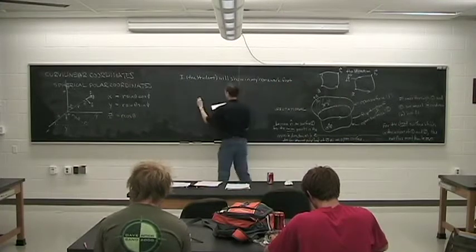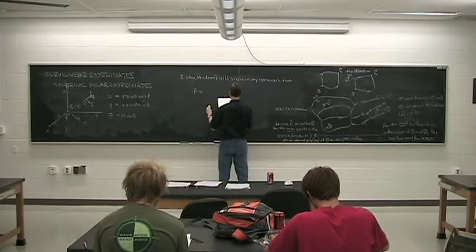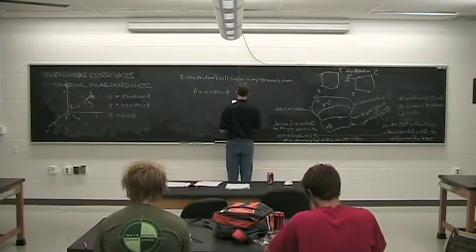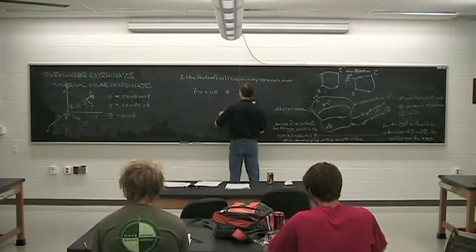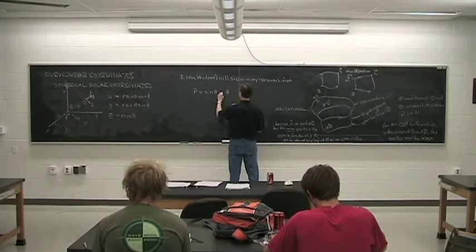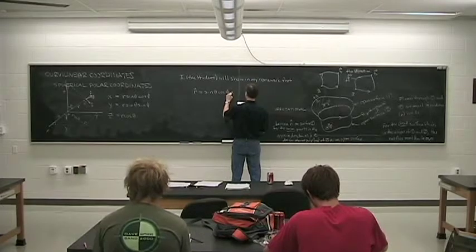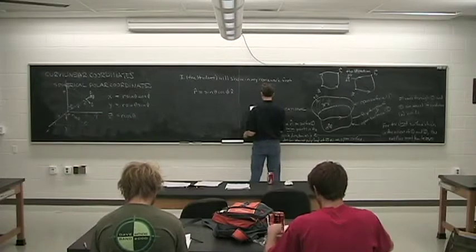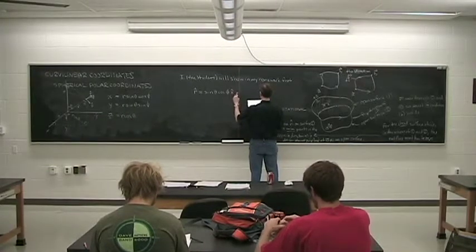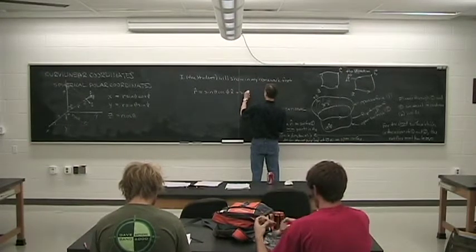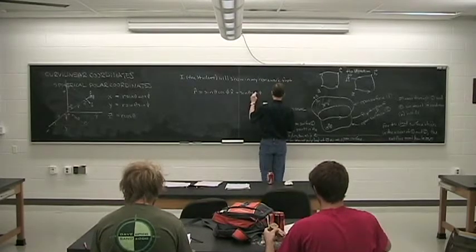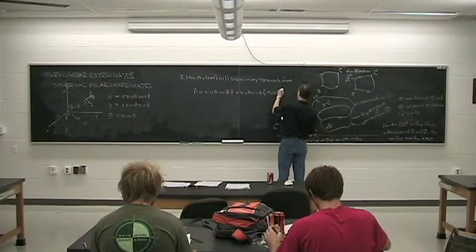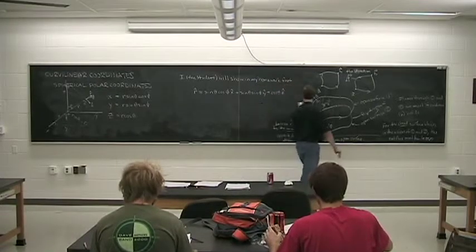r hat is equal to sine theta cos phi x hat, plus sine theta sine phi y hat, plus cosine theta z hat. In other words, we're trying to relate the unit vectors of spherical coordinates to the unit vectors of Cartesian coordinates. That one's actually pretty easy because